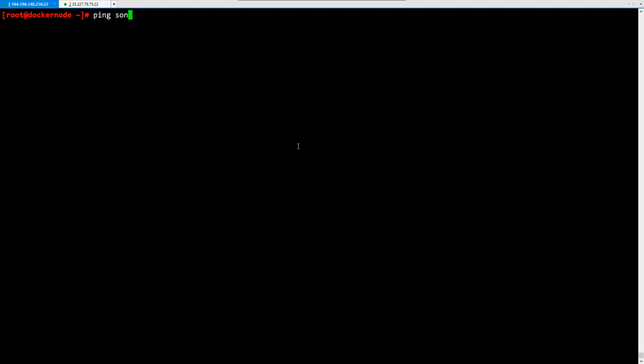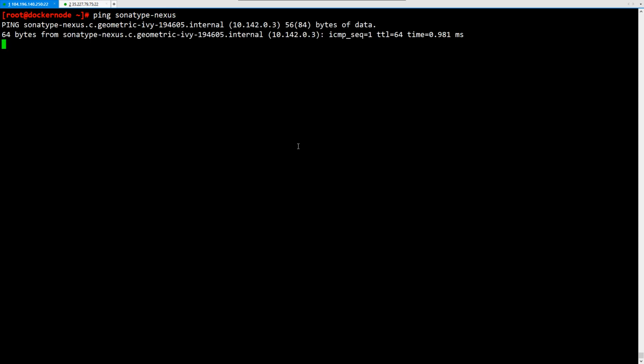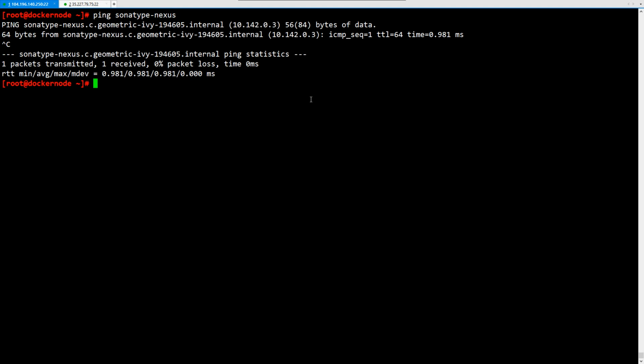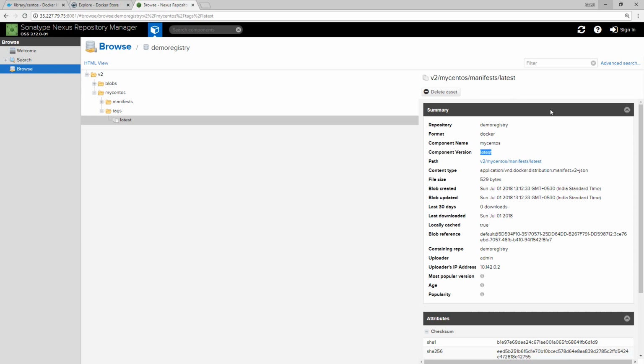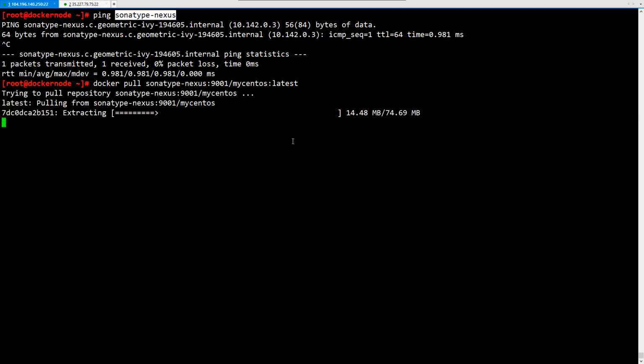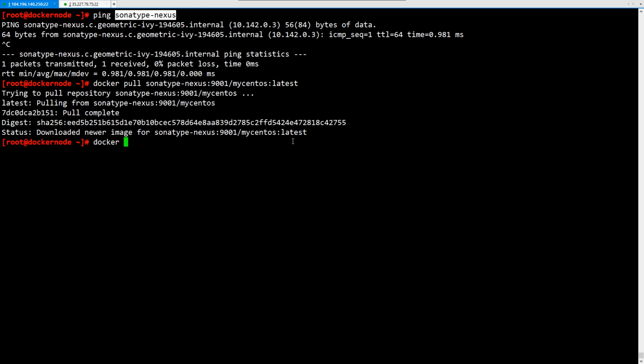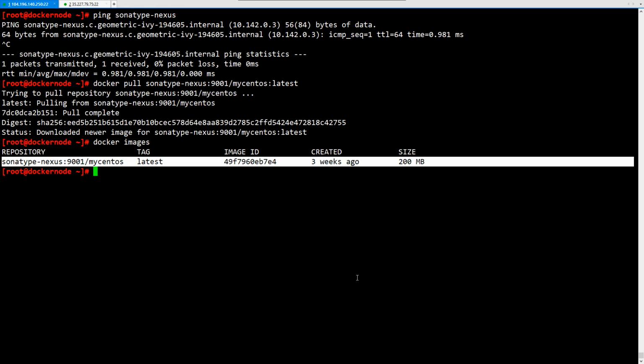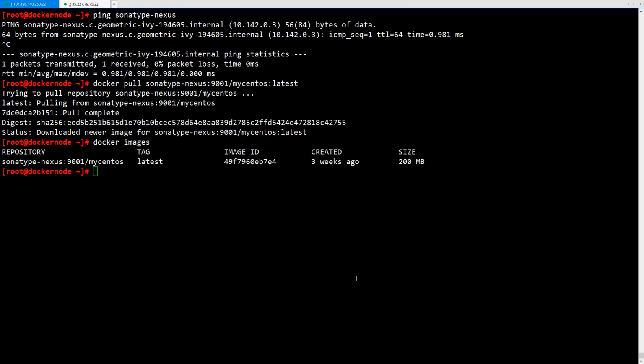Let me show you. Ping sonatype-nexus, and you can see that it is reaching the server. Now I can give docker pull, and here is the Sonatype Nexus, running on port 9001. Hence I'm giving the port, and the image name is myCentOS, colon latest. You can see that it is trying to pull the image. You can have a customized CentOS image and use it wherever you want. That's how you can pull images from